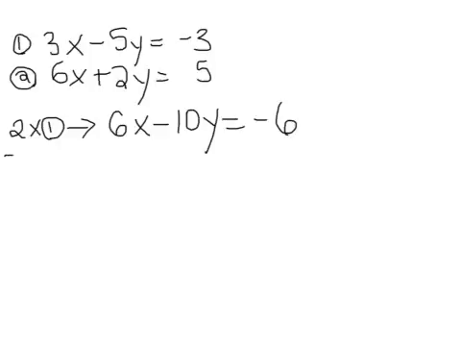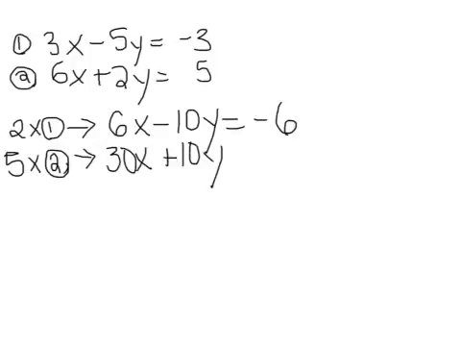So if we multiply it by 5, 5 times equation 2, we'll get 30x plus 10y equals 25. So then when you use the property of addition, in this case, a negative 10y and a positive 10y in the y column will cancel. And so you get